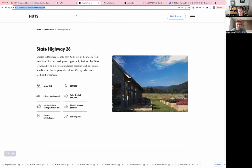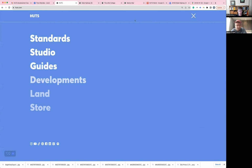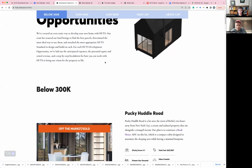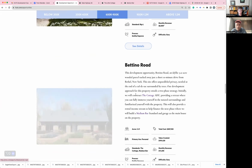Guys. So today we're going to be looking at our development opportunity, State Highway 28. And you can find all of these development opportunities. I'll just navigate as you would to our site. If you're on our site, you can come to this drop down menu here, go to developments. This one is actually one of the ones listed right off here. But if you go to see all, you can scroll through and basically look through all the options we have. This one is right down here,